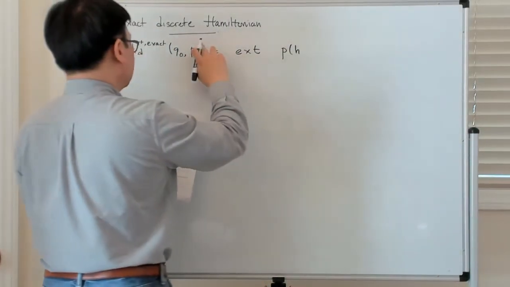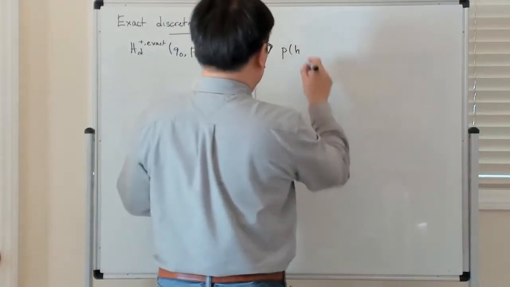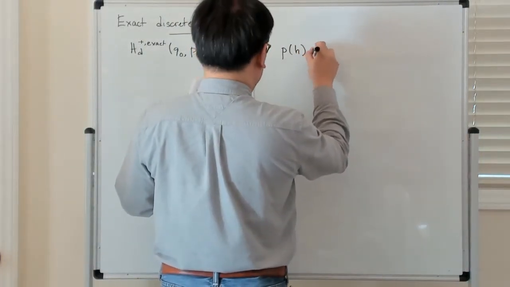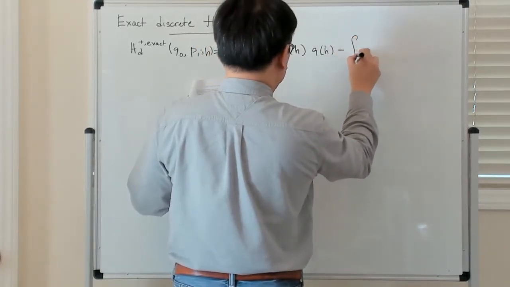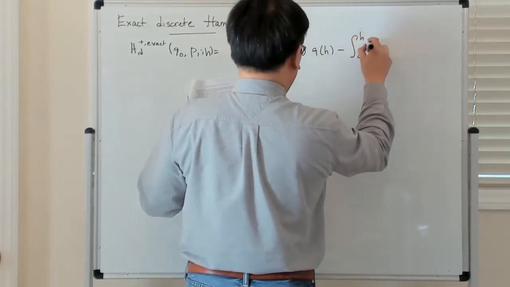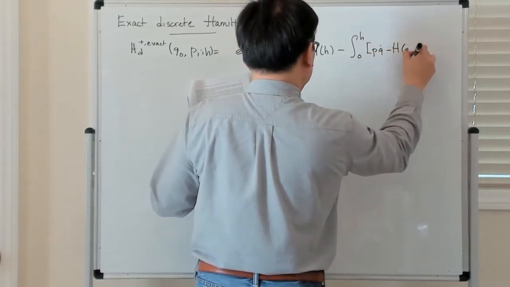Maybe let me explicitly say it depends on h as well. So p_h q at h minus the integral from 0 to h of p q-dot minus H(q,p)